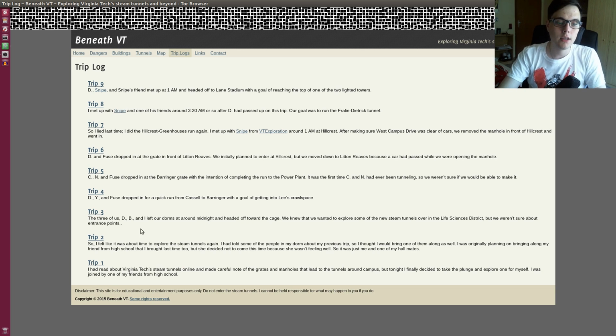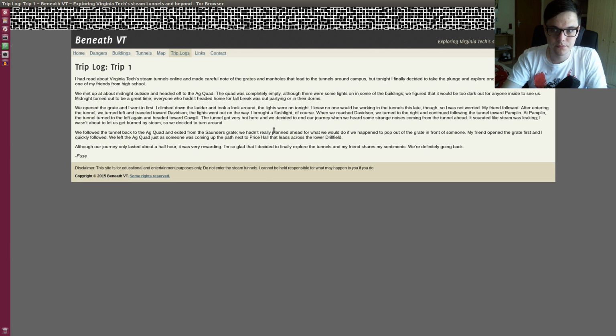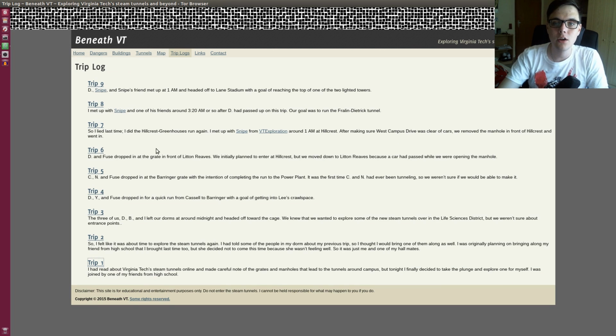And these are complete logs detailing what they saw and whatnot. Urban exploration at its finest, and I love that. So wait, snipe? vtexploration.com. Okay, so you can find it on the clear web too. Wow, cool.